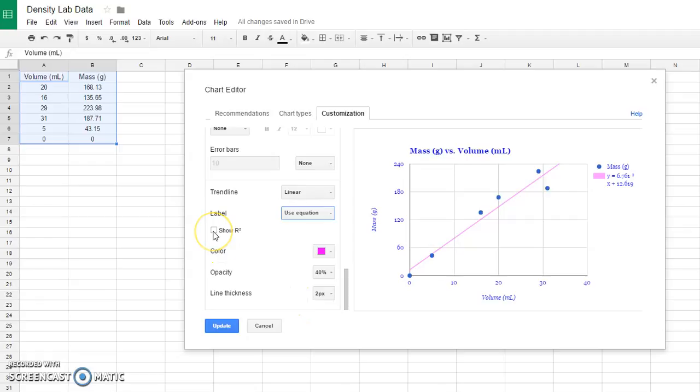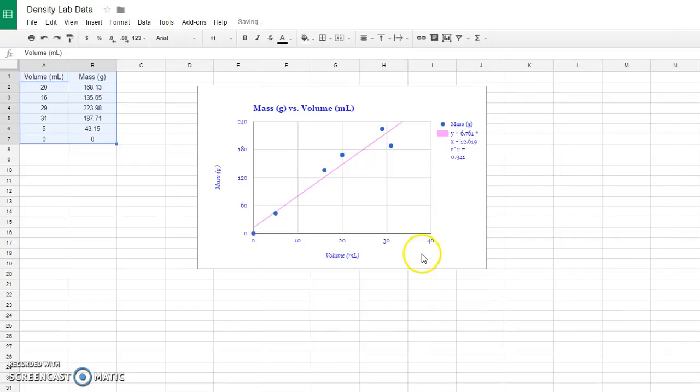And if you want to see how well your data fits the line that was drawn, you can show the r-squared value, and in this case our value is 0.941, which is pretty good. If it was a perfect fit for this linear trend line, it would be 1.0, so 0.9 is pretty good. And then I'm going to click Update, and that then updates everything right here in